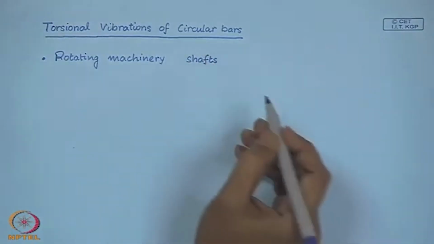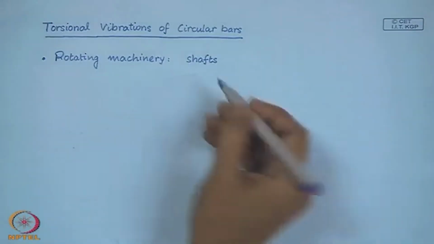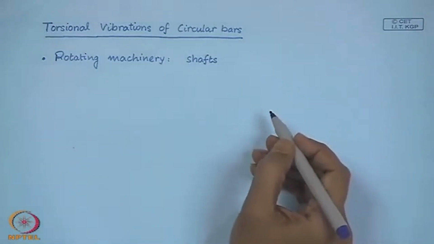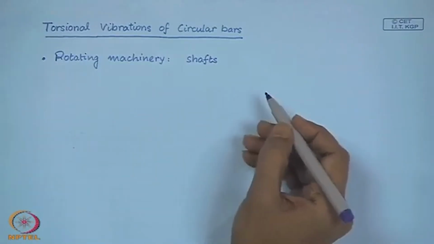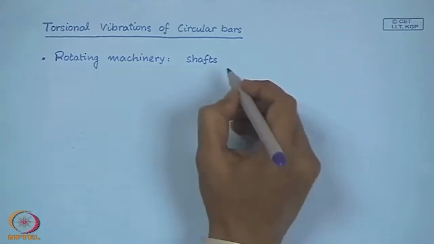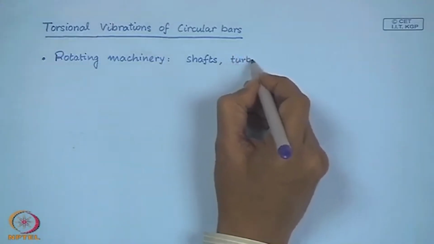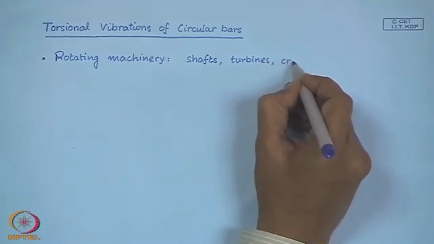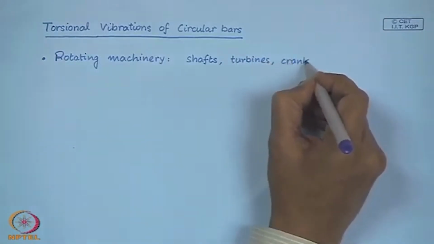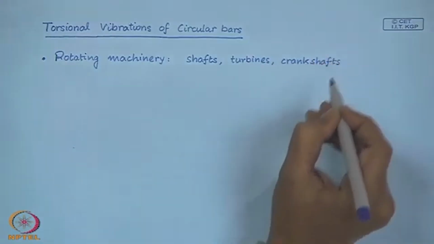Such shafts are subjected to torsional vibrations. For example, in turbines, in rotors, in crankshafts of engines,